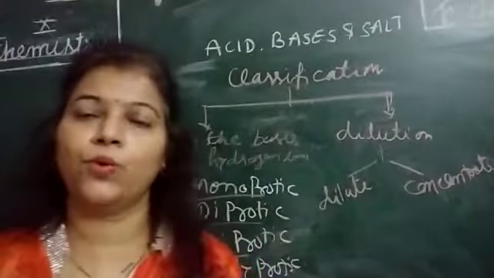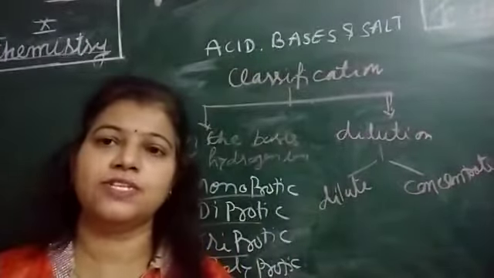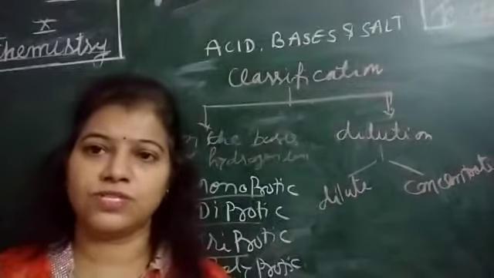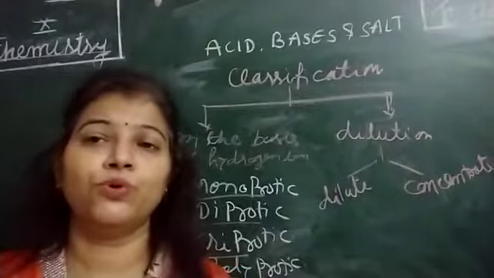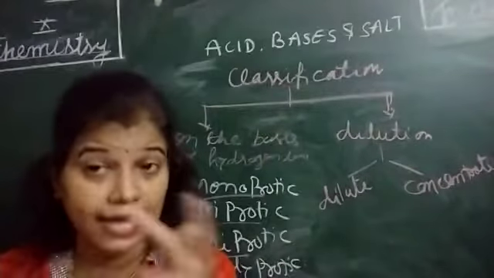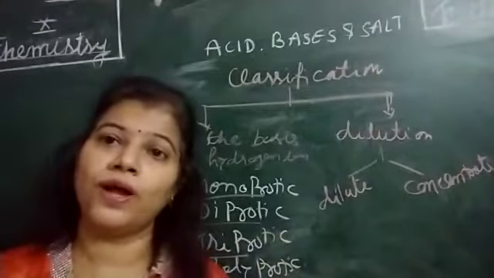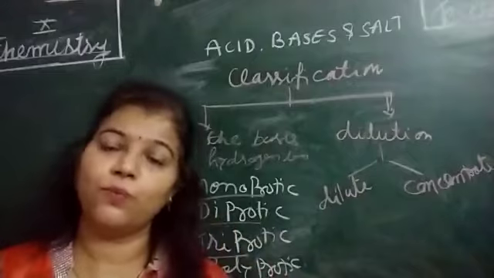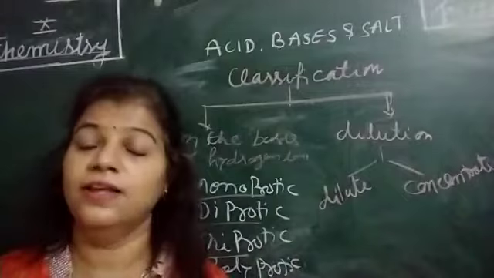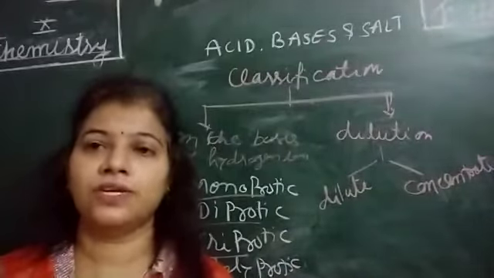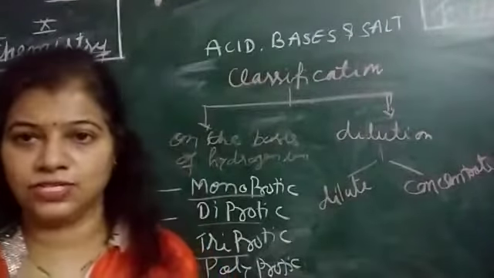Mono means one, protic. What is the meaning of monoprotic over here? The acids which furnish or give one hydrogen ion. Or, more technically, you can say those which produce 1 mole of hydrogen ions in an acidic solution. So generally the acid which has only one hydrogen ion, it can dissociate only one hydrogen ion, like HCl. So H plus and Cl minus, HNO3, H plus. These are examples of monoprotic acids, right?